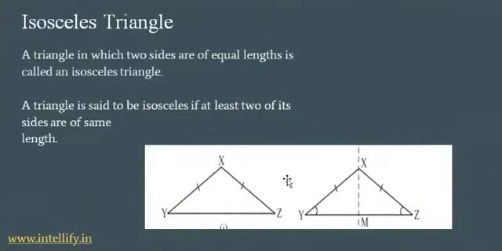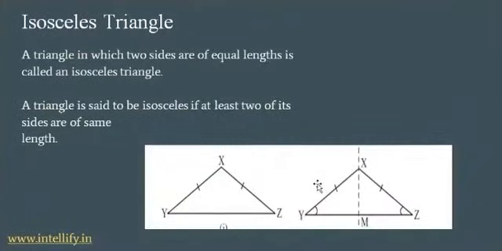Another point which we need to remember is that XM is going to divide this particular YZ into two equal halves. XY and XZ have the common point X, which is the common vertex. The angle Y and angle Z will also be equal in an isosceles triangle. So in an isosceles triangle, you can conclude that we have two sides equal and two angles equal, while the third side is of unequal length and the third angle is not equal to the first two angles.